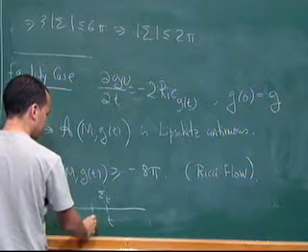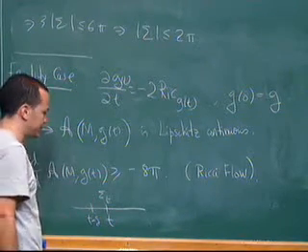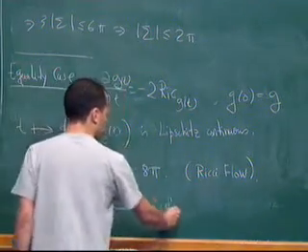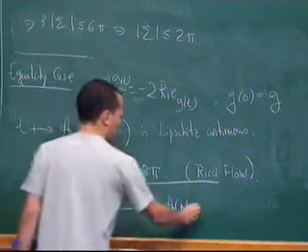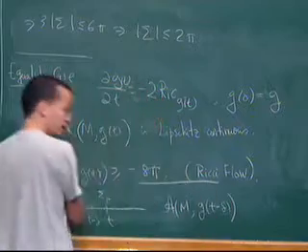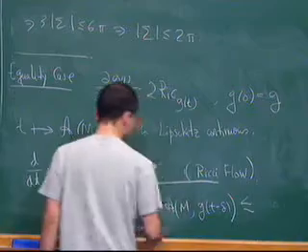I look at some time slightly smaller, t minus delta. And I know that the infimum of the areas for this metric g(t minus delta), because it's the infimum,